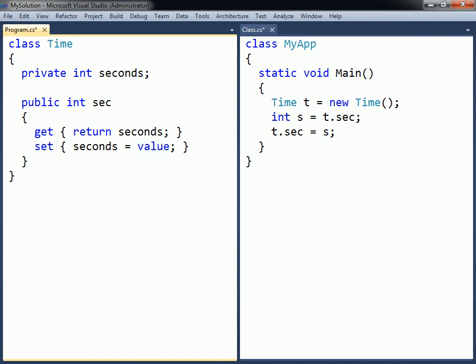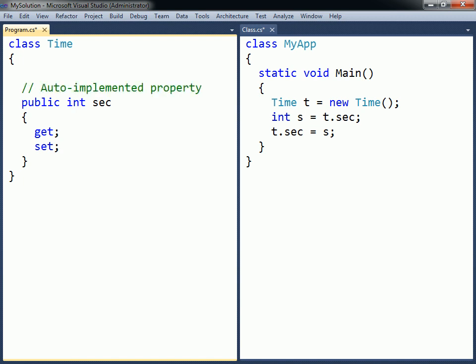The kind of property where the get and set accessors directly correspond to a field is very common. Because of this, there is a shorthand way of writing such a property, by leaving out the accessor code blocks and the private field. This syntax was introduced in C# 3.0 and is called an auto-implemented property. Since there is no special logic in this property, it is functionally the same as if it had been a